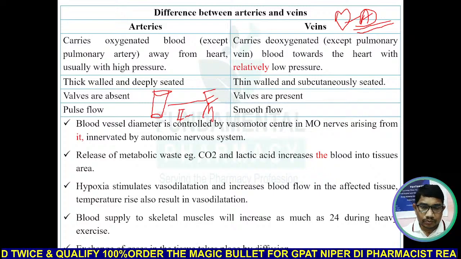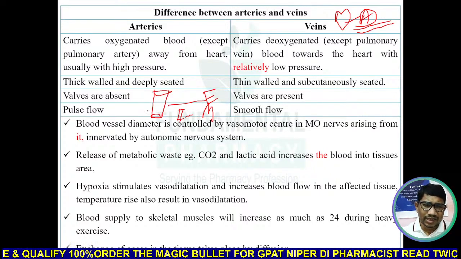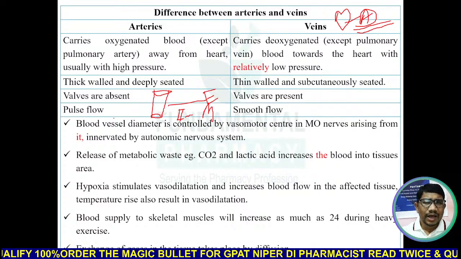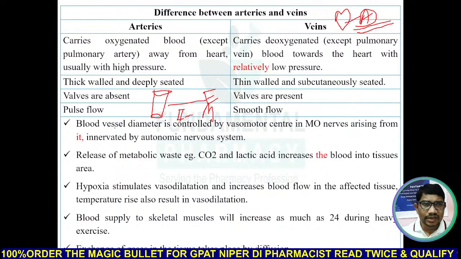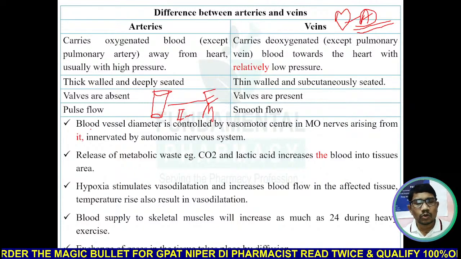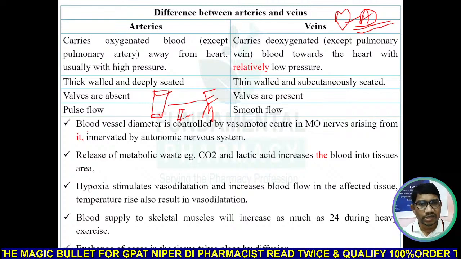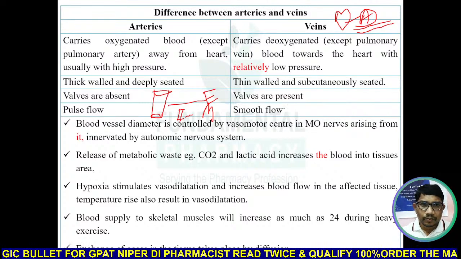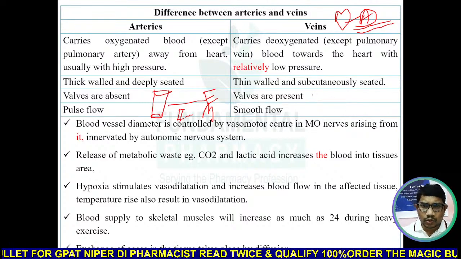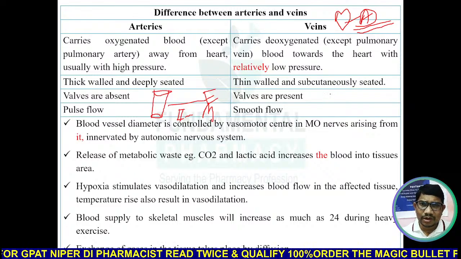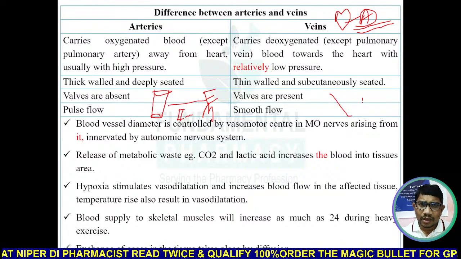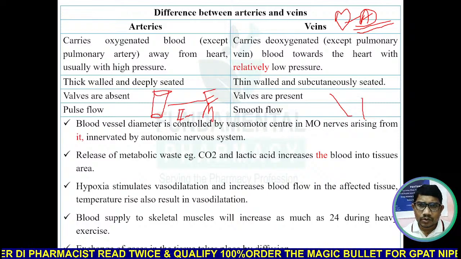So arteries are known as resistance blood vessels because they will resist the flow of blood, ब्लड फ्लो को रेजिस्ट करेंगे, इसलिए उनको रेजिस्टेंट ब्लड वेसल बोलते हैं. Now arteries are known as resistance blood vessels, so they